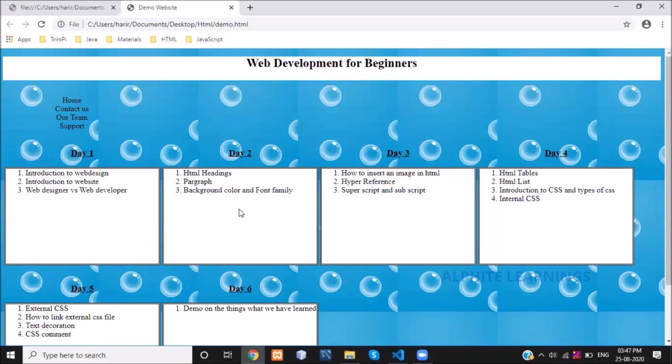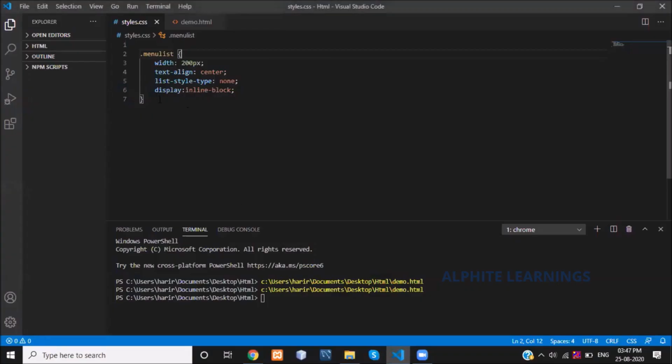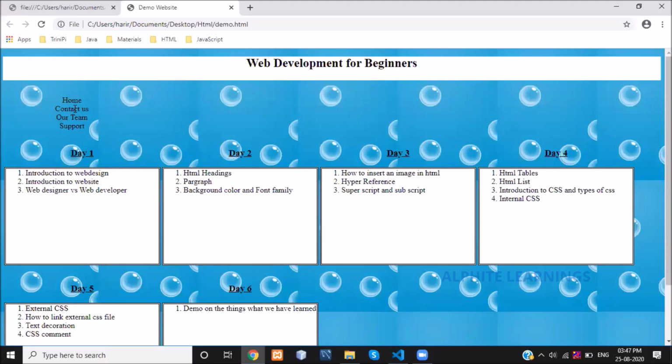Let me do a final touch on this menu list. If you have seen some other websites, when you move to a particular menu item, it gives you some other color, right? When I go to this home, the background or the black text color changes to some other color.